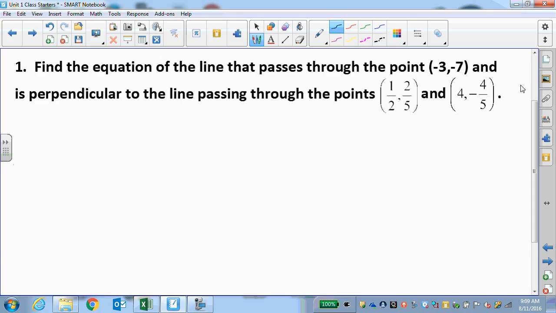And so we know that the line we're trying to find is perpendicular to a line that goes through these 2 points. So we can find the slope of that line, and from there we can determine the slope of our line. To find the slope of the line that goes through the points (1/2, 2/5) and (4, -4/5), we said yesterday we're going to do the change in y over the change in x. So I can do 2/5 minus -4/5 over